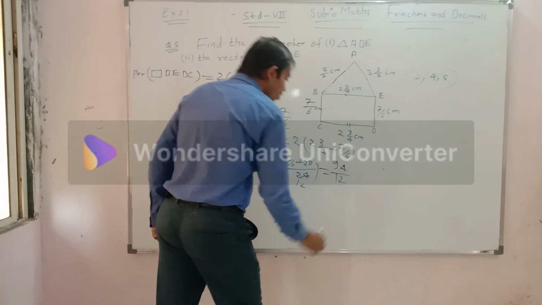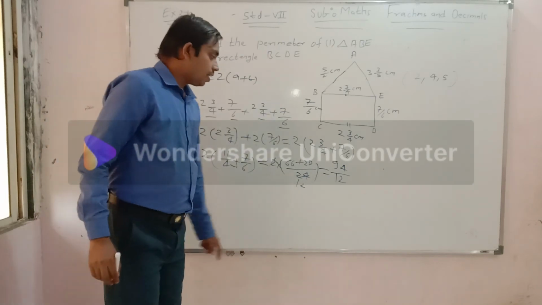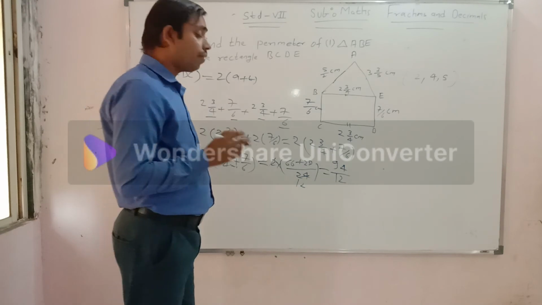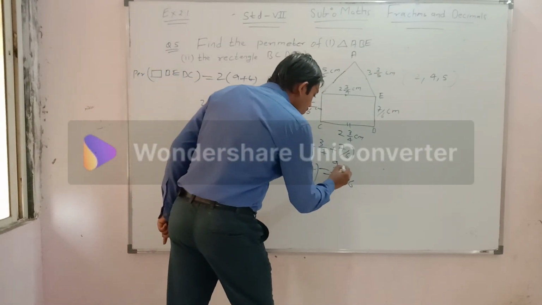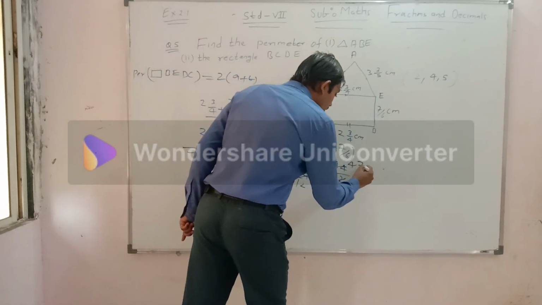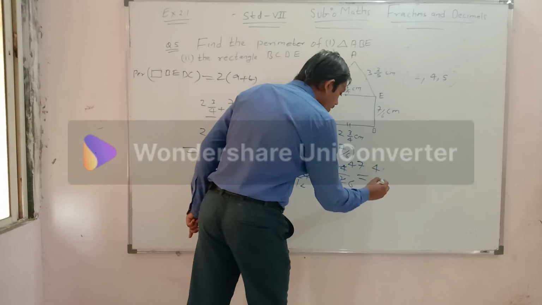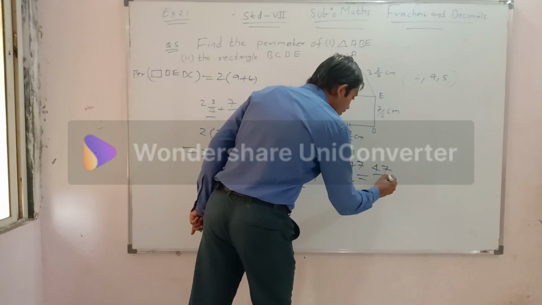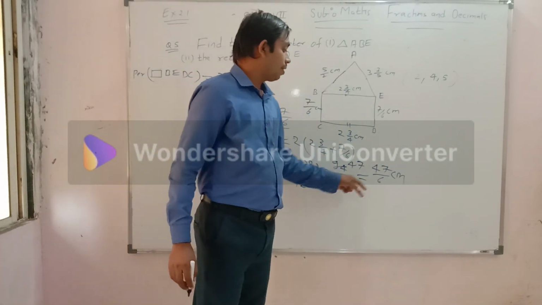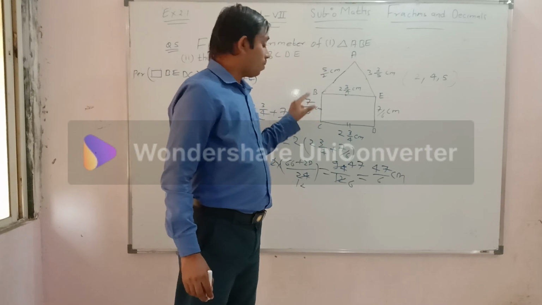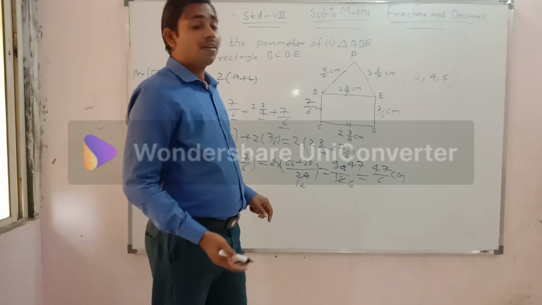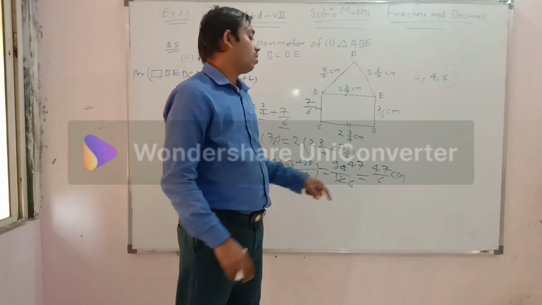94 divided by 12. Now you can see that further it possesses a common factor. So let's cancel its common factor. 2 6s are 12, 2 4s are 8, remainder is 1, so it becomes 14. 2 7s are 14, so the final conclusion is 47 by 6 centimeter. Why are we writing it? Because it is given in terms of its unit, centimeter, and therefore the perimeter, which indicates the sum of all sides, must also come in centimeter.